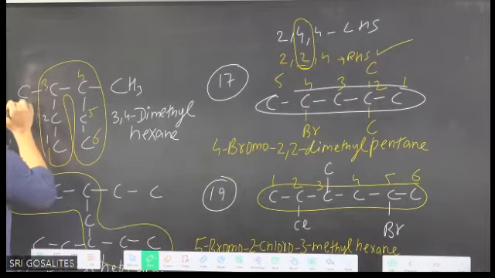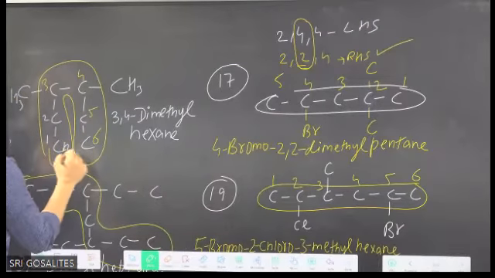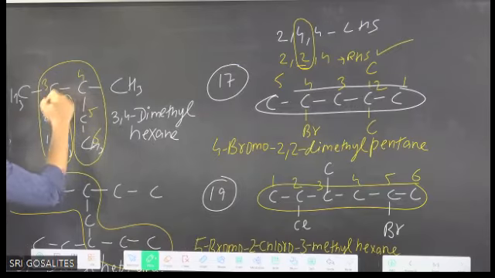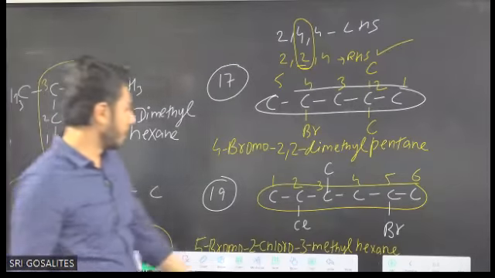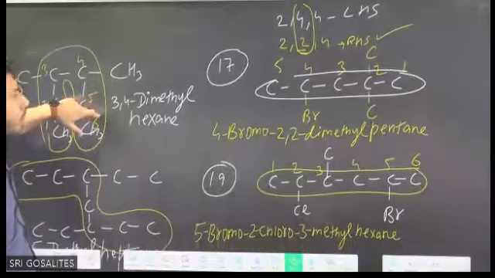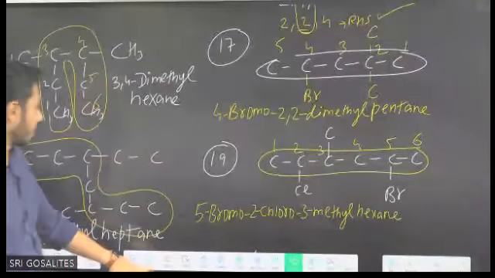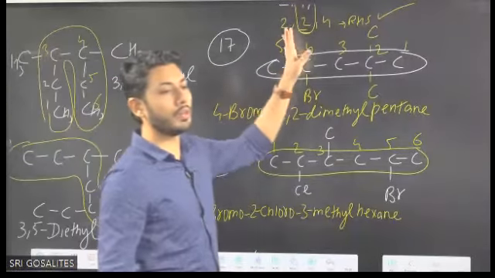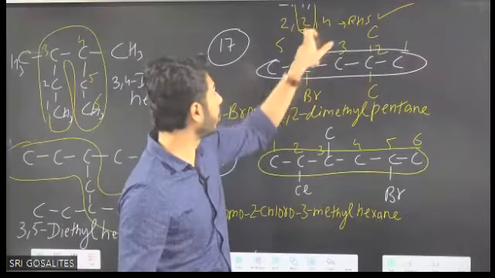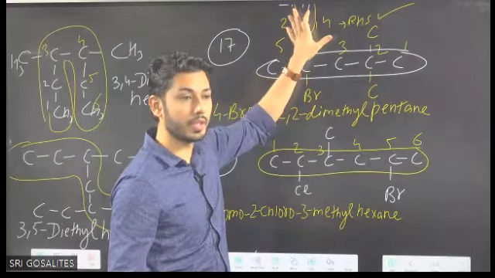Here also CH3. It is CH. Terminal is CH3. Others in between are CH2 like this or CH here. 17th example, clear? First point of difference rule. No use of the least sum rule. Only use first point of difference. First point of difference 2 and 4, which is